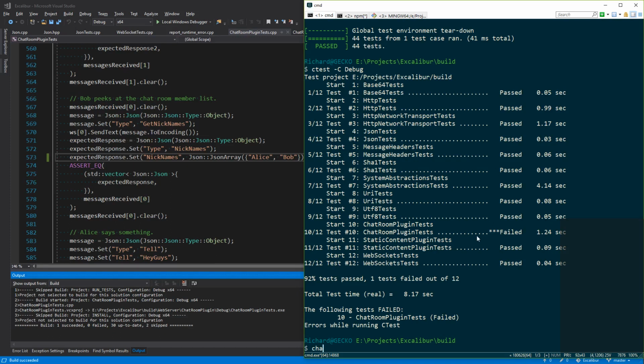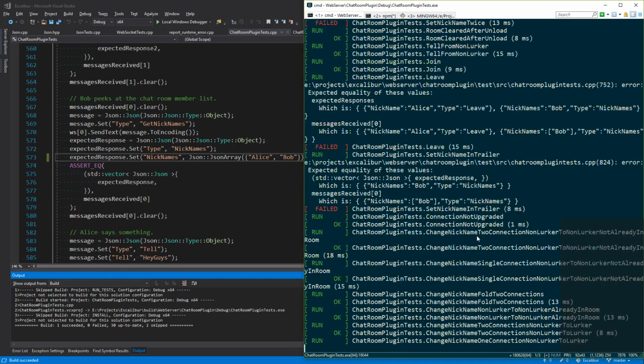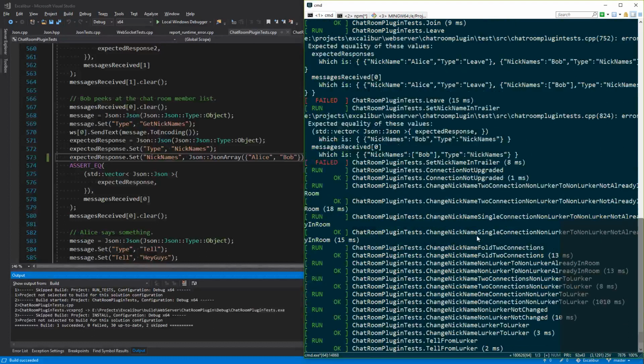So chat room plugins are broken. That's web server chat room plugin tests. Let's say that's debug chat room. Debug? Yeah, there we go. Okay.